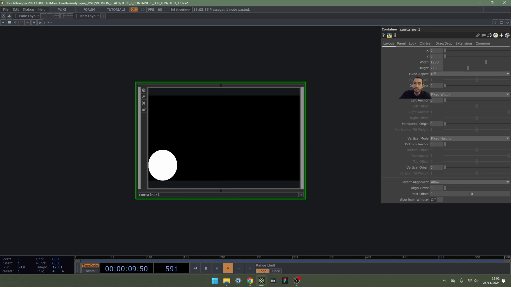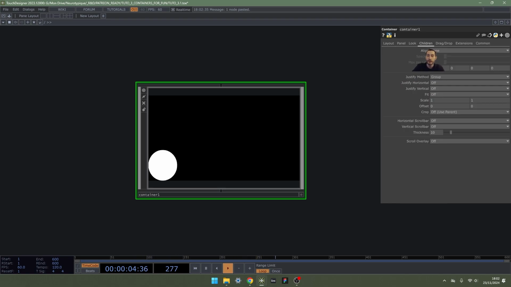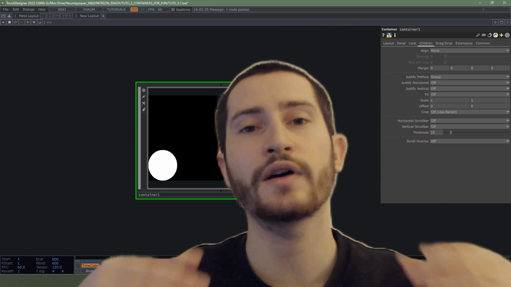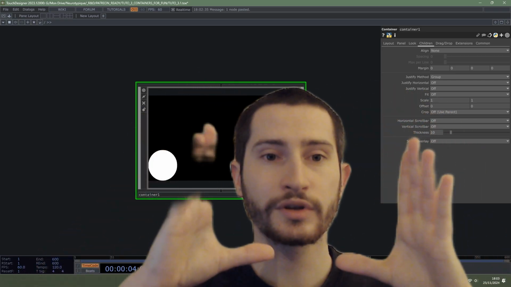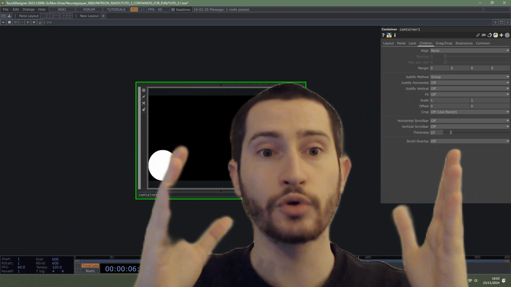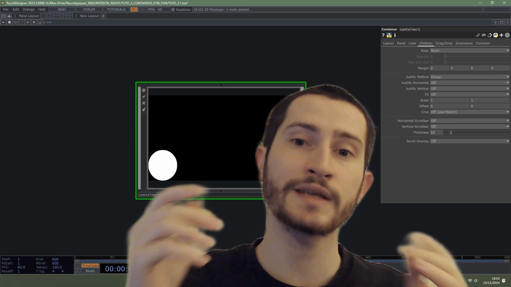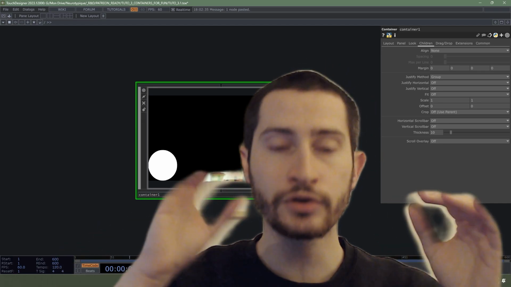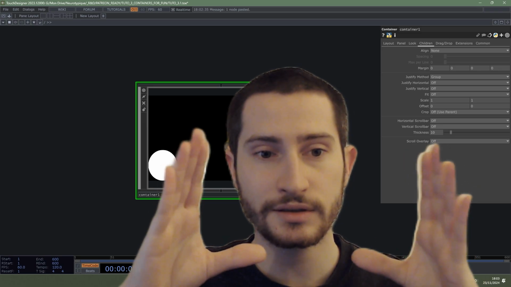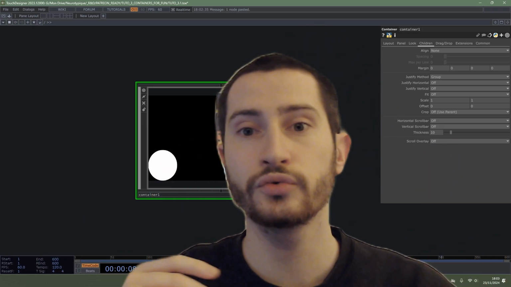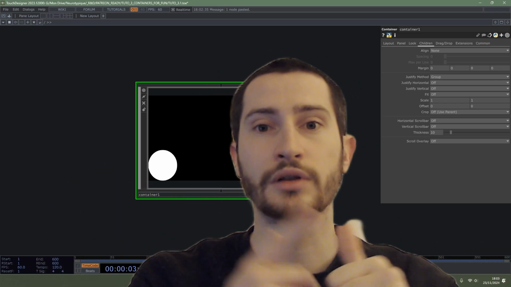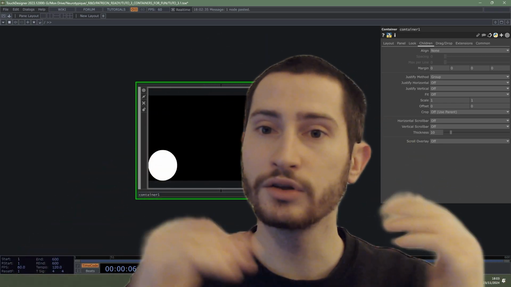If we look at our parameter page, we have a children tab. So this children tab is in the context of having an interface. You have the base layer, so your container, and children are all the operators that are inside. So it's going to take all the containers inside this main container, and you have a lot of options to align them, like top to bottom, left to right, in a grid pattern.